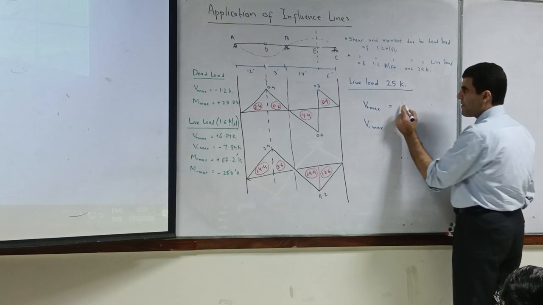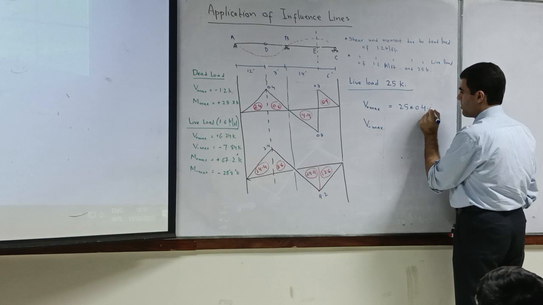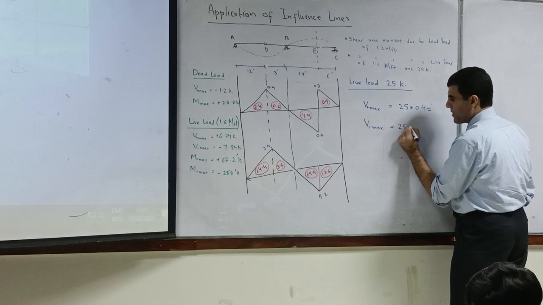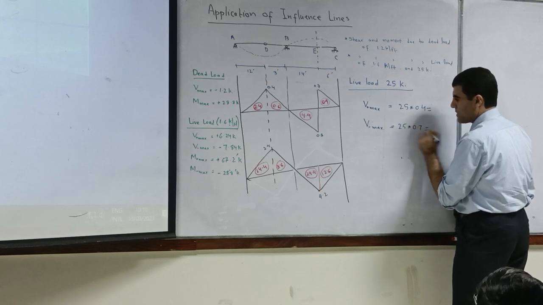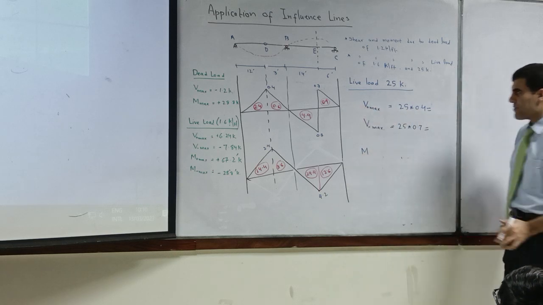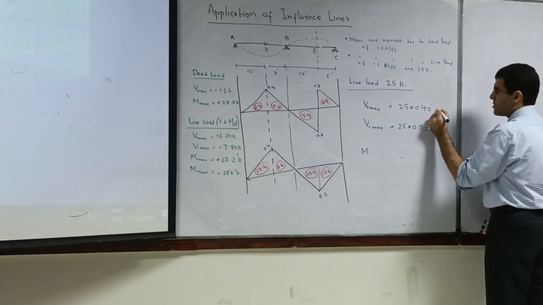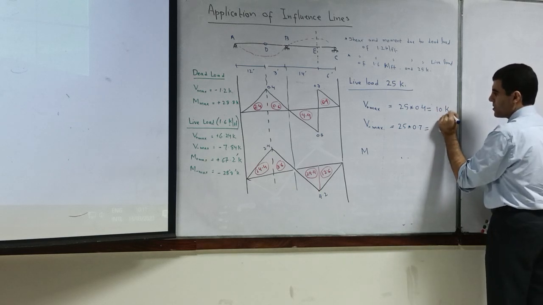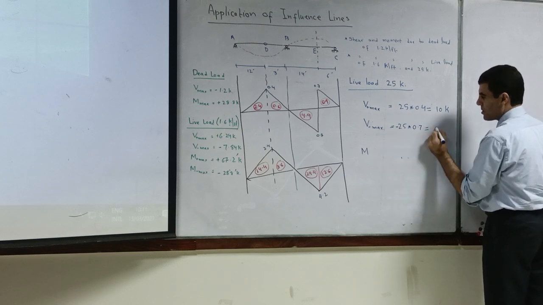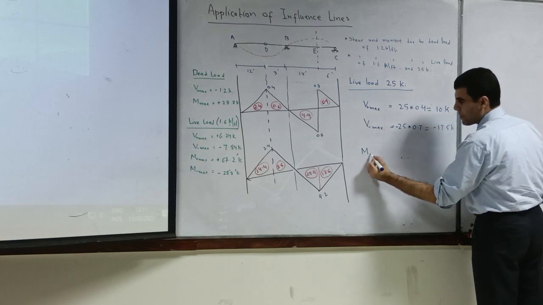So obviously 25 into 0.4. For the negative one, we will multiply 25 with 0.7. What is this? V plus max, 25 into 0.4, 10. This one, this one and plus